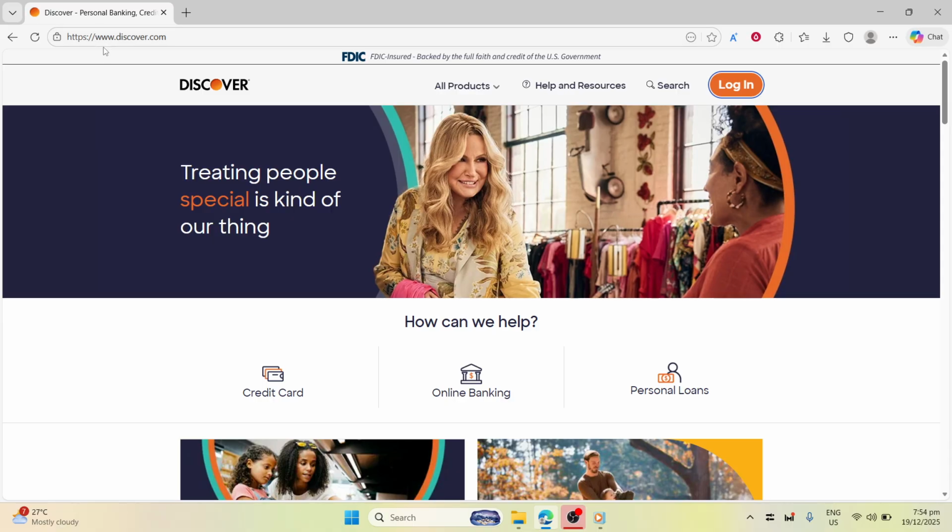Make sure you're on the legitimate site by checking that the address bar shows a secure connection with the lock icon and the discover.com domain. If you land on the main homepage, look for the banking or online banking section to get to the account